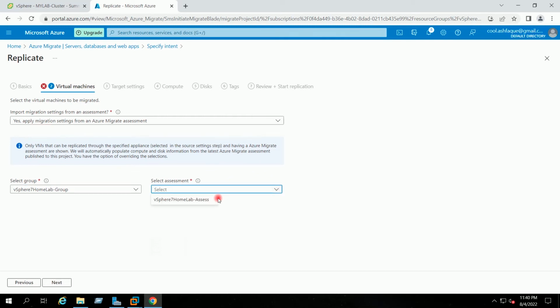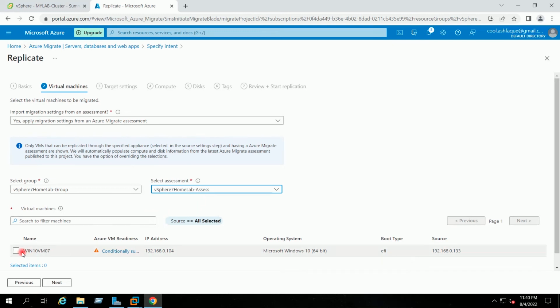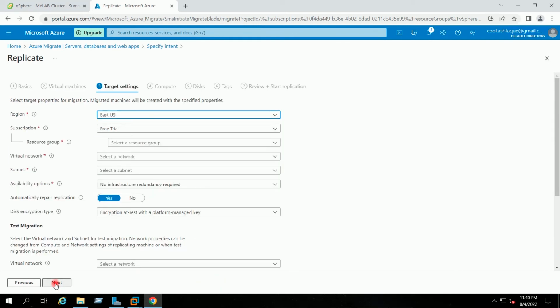Here in the drop down I will select the assessment name and I will select our Windows 10 virtual machine. Source is our vCenter. I will click on next. Under target setting, region I will select East US, subscription free trial.